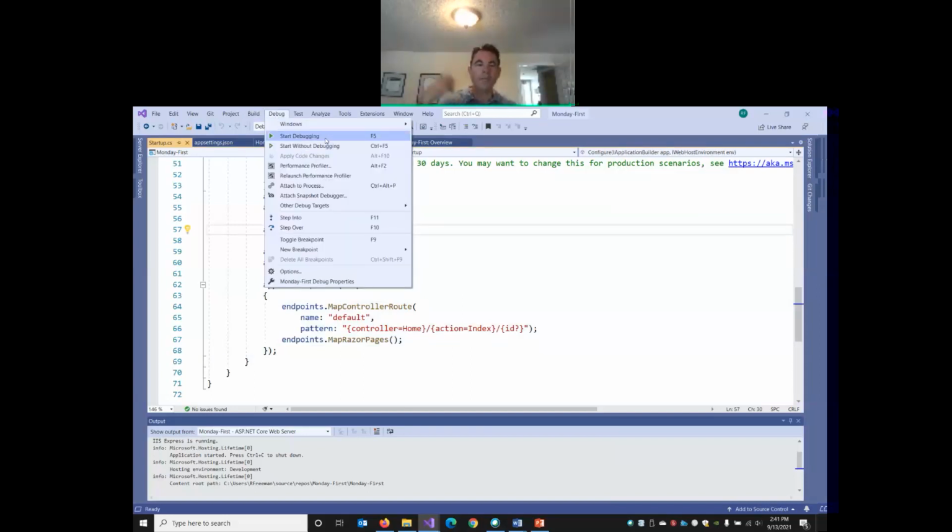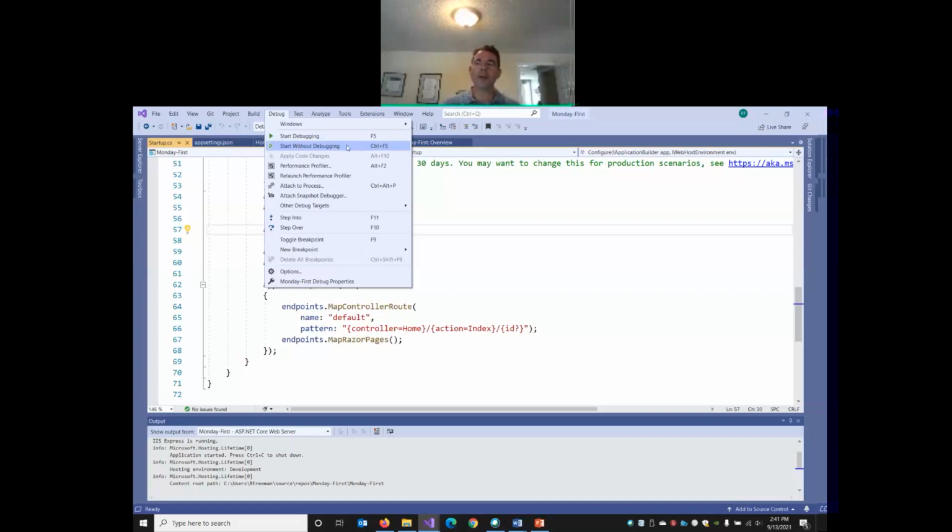So when the debugger is active, I can't actually make changes to my project. In order to make changes, I have to stop the debugger, make my changes, save them, and then start it again. So unless I'm running my code with a breakpoint to watch the code execute, which I'll do occasionally, but not regularly,